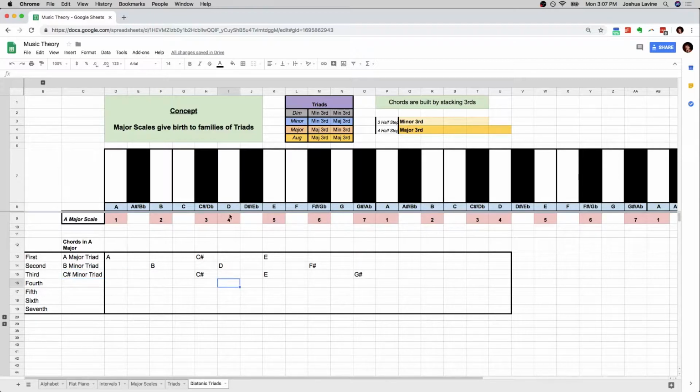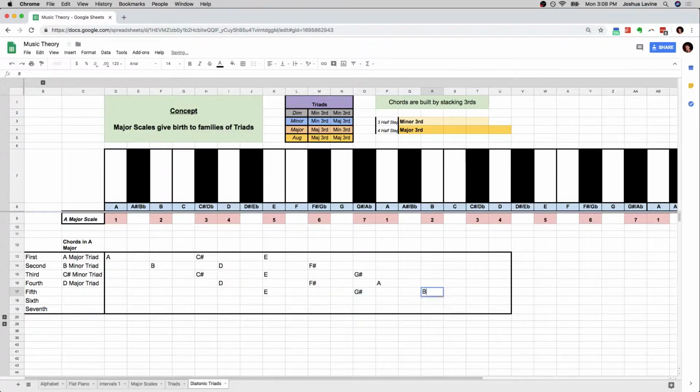Okay, moving on. Our fourth chord starts on the fourth scale degree, which is D. Hopscotch over 5, go to F sharp. Hopscotch over 7, go to A. So D, F sharp, this is a major third. From F sharp to A is a minor third. Major third plus a minor third is a major triad. So we have another major triad. D major triad. Next, the fifth scale degree is E, and so hopscotch, land on the G sharp, hopscotch, land